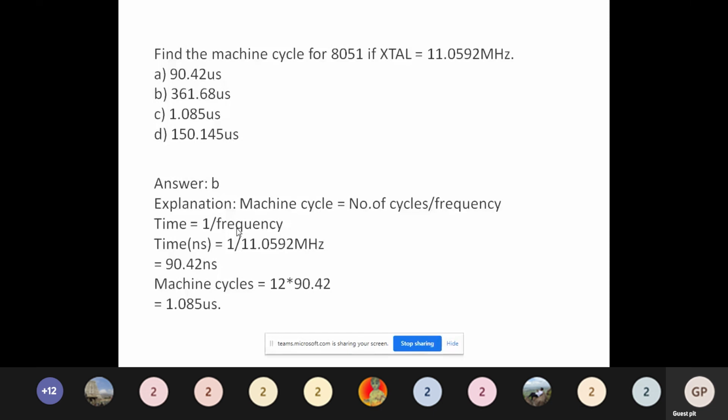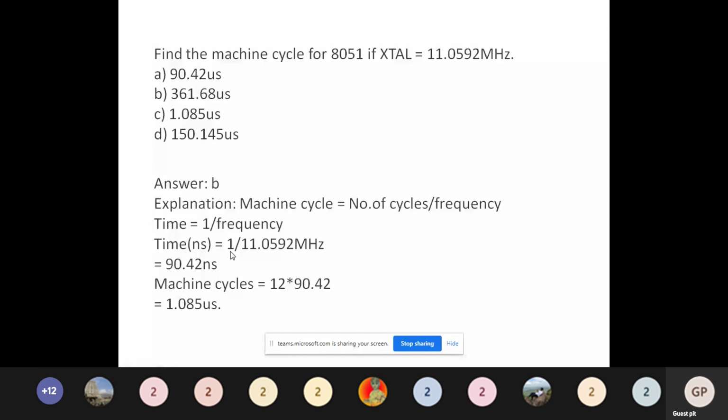Like we know, time is 1 by frequency. With the crystal frequency given, you can find the time. Time is 1 by f, so you will get 90.42 nanoseconds.